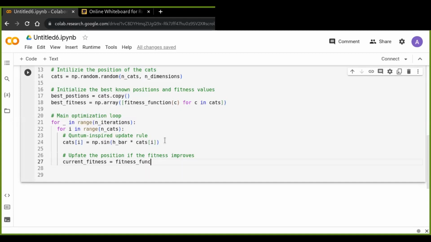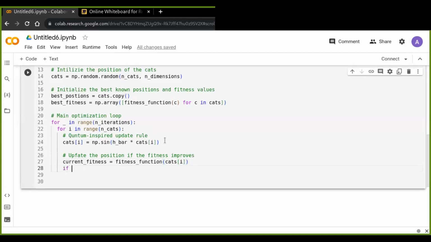I call that fitness function and I pass cats at position i. And if the current fitness is less than the best fitness at position i,